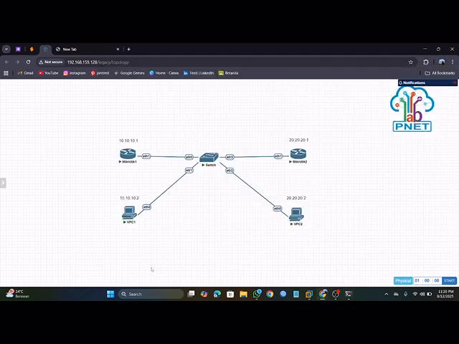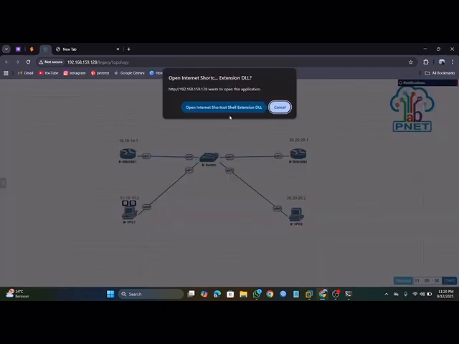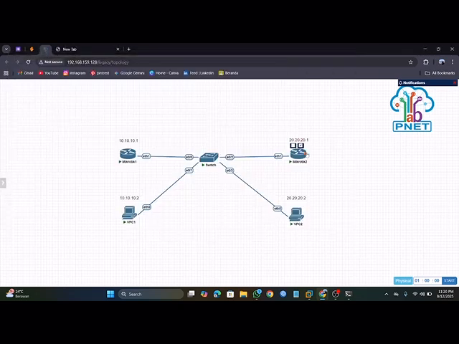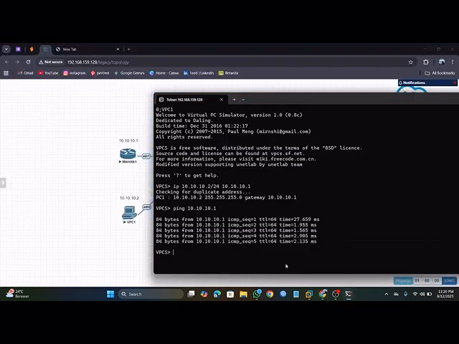Okay, next. Now you can test the connection using ping. Open PC2, and you type ping and type IP, and press enter.